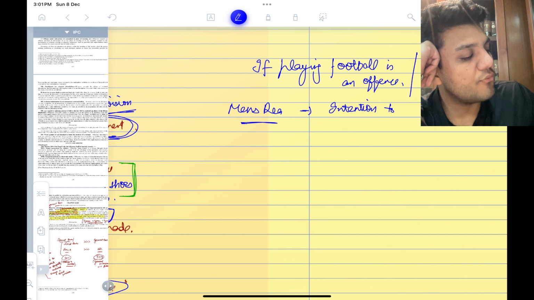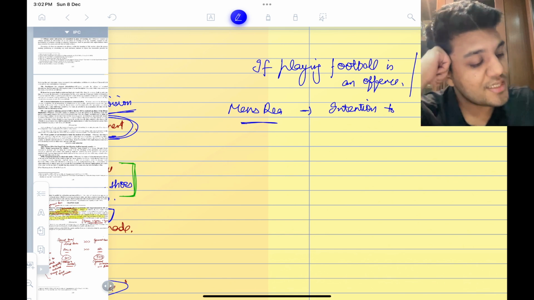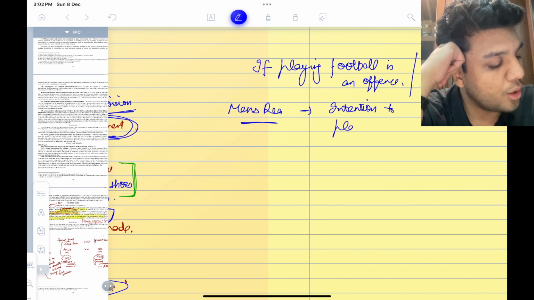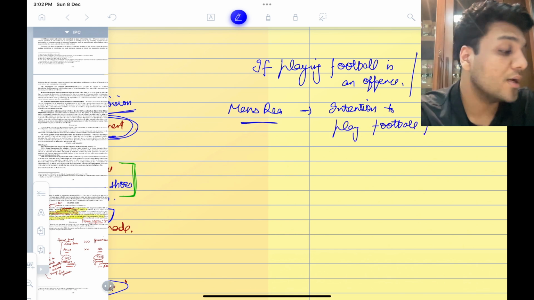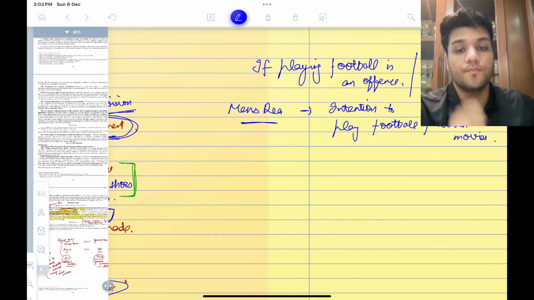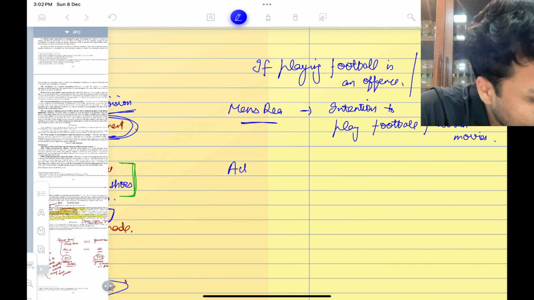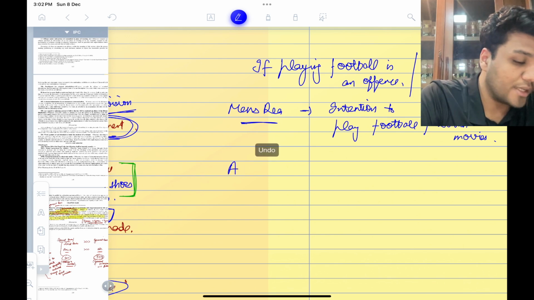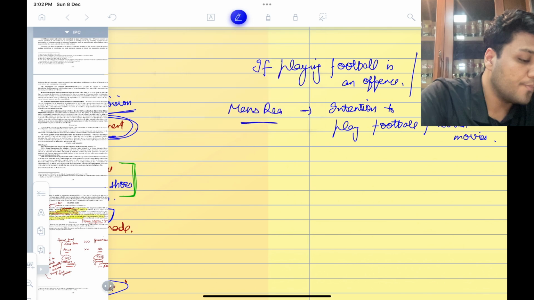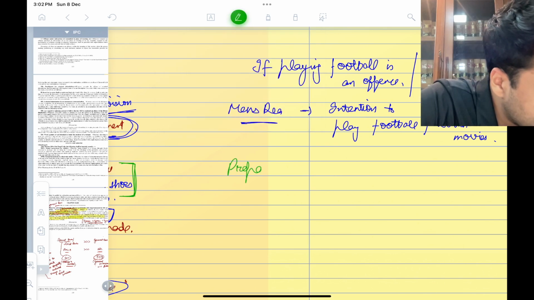Or let's say if watching a movie is an offence, right? Watching a movie is an offence. So in that scenario, your mens rea would be the intention to play football or to watch a movie, right? That would be the intention in the scenario where playing football or watching movies is an offence under the code, right? Now your actus reus, first let us look at what the preparation for these things would be. The preparation for both of these things would be